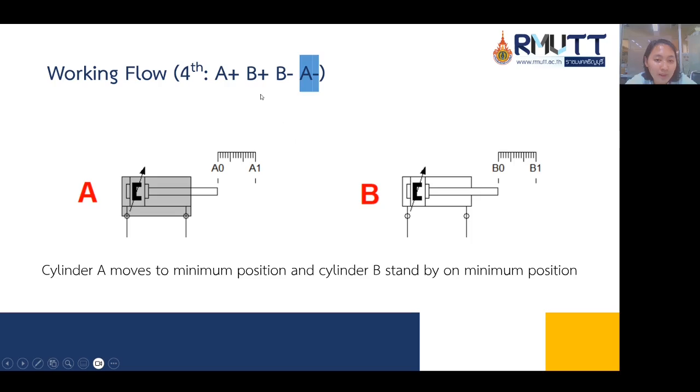And then the last is A minus: after cylinder B is standing by in the minimum position, cylinder A will go backward, moving to the minimum position and reaching limit switch A0.